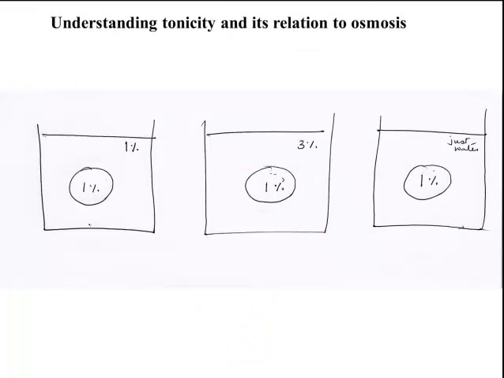Now, to understand tonicity and its relationship to osmosis, I have set up a picture. Consider 3 beakers with different kinds of solution. One has 1% of a solute, another has 3% of a solute, and this one is just water. This bag that I have is like a dialysis bag, and it contains 1% of the same solute. In this case, both have the same concentration of solutes, so they are isotonic,